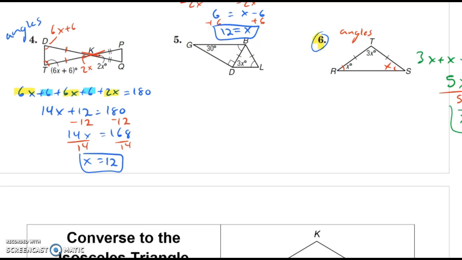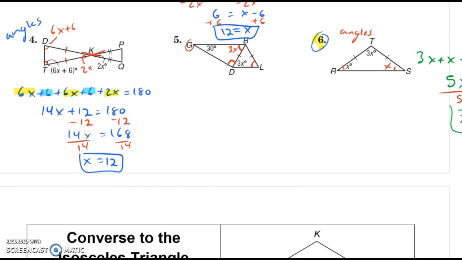For number 5, remember that this one here is 30. Remember G is 30. Remember that this one here is a right angle. And remember this angle here is congruent to this one. But in order to find out what this one is, we can look at this little isosceles triangle here. If this is 3x, then angle L is 3x. Now, because of these arcs, which tell us that two things are congruent, that means that angle B is also